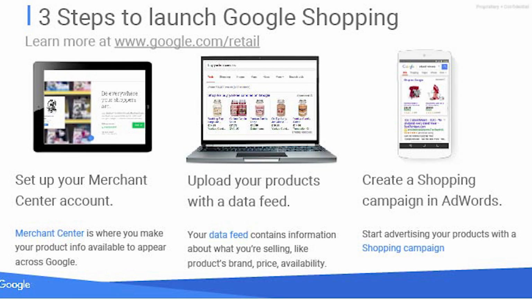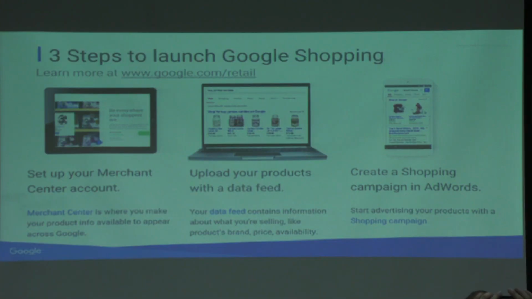I'll talk a little about the variety of options we give you to upload product data. And then finally, once your products are listed in Google Merchant Center, that doesn't mean they'll automatically start showing. So you want to go into your AdWords account, create a shopping campaign, and get going, so your listed products are eligible to be shown to users.